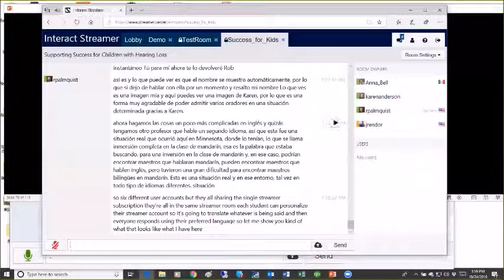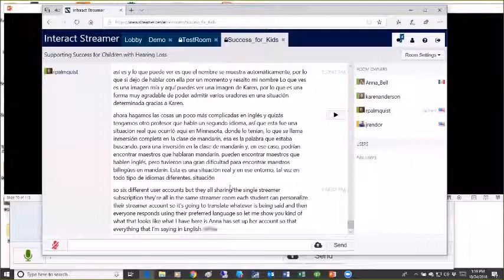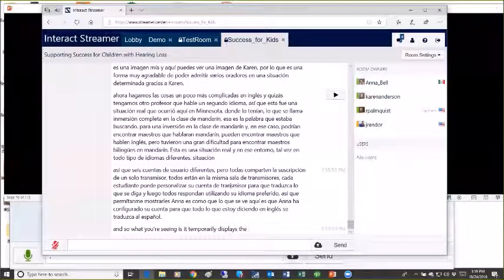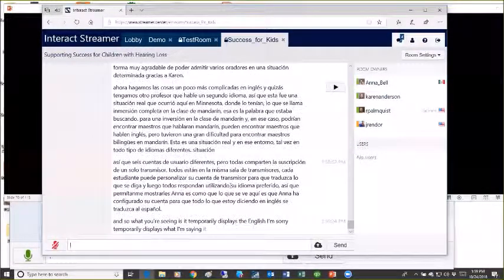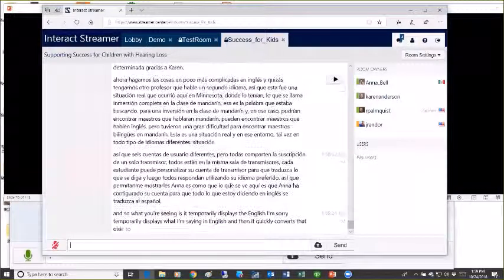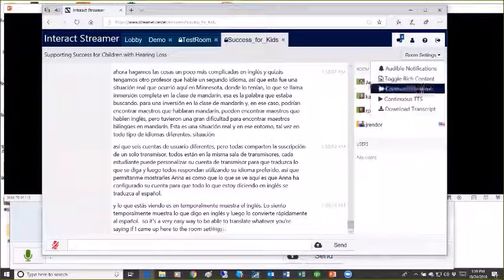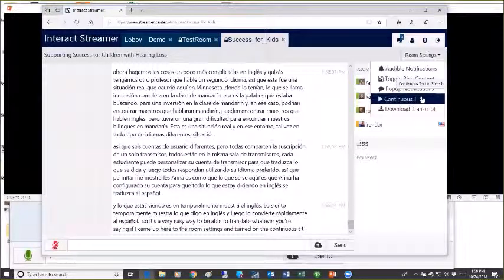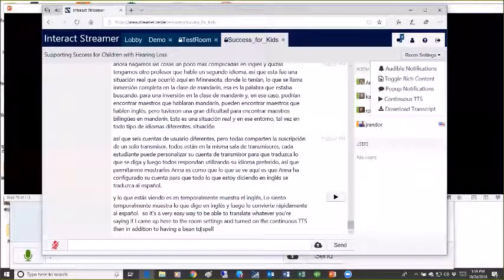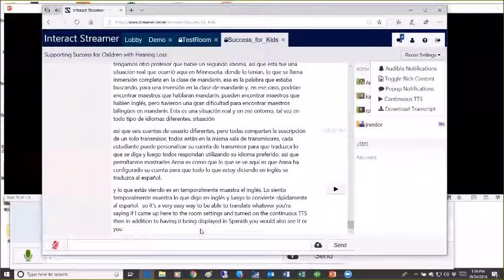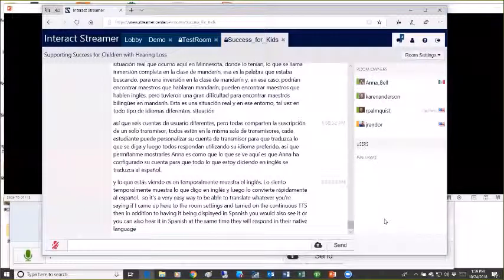What I have here is Anna has set up her account so that everything that I'm saying in English will be translated into Spanish. What you're seeing is it temporarily displays what I'm saying in English, and then it quickly converts that over to Spanish. So it's a very easy way to translate whatever you're saying. If I came up here to the room settings and turned on the continuous TTS, then in addition to having it displayed in Spanish, you would also hear it in Spanish at the same time. They will respond in their native language, and you will hear whatever they're saying in English,